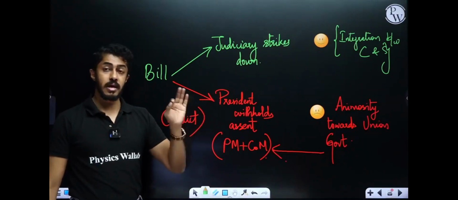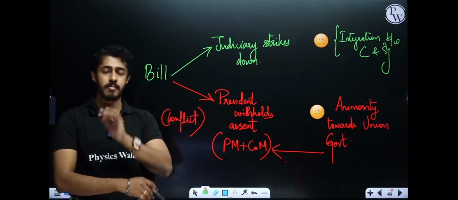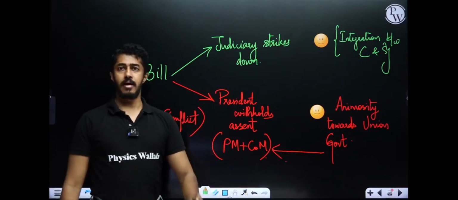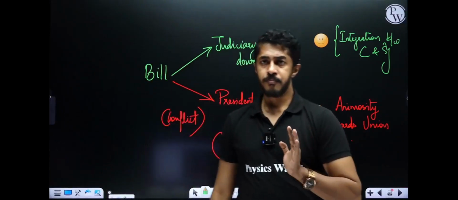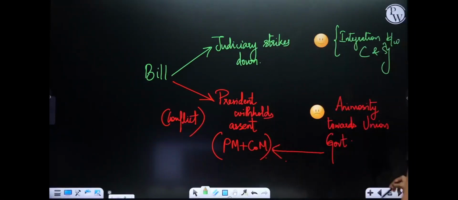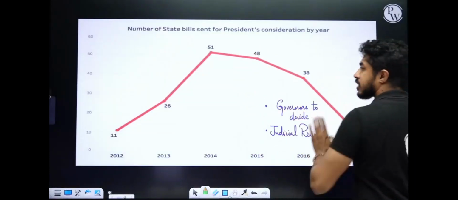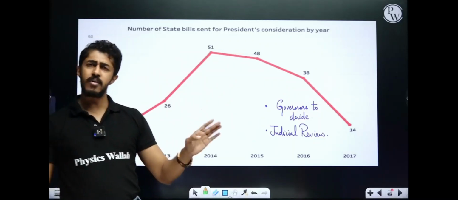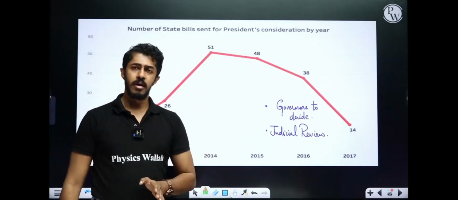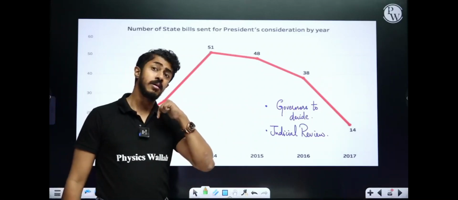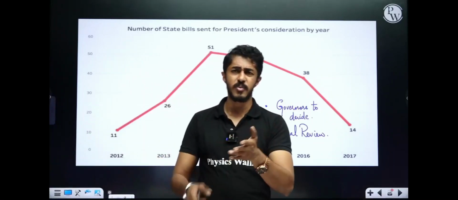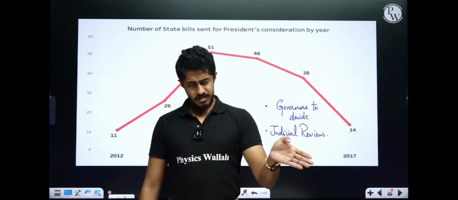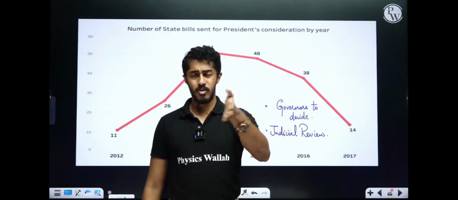Same bill it is, same nonsense it is. When judiciary says, everybody will be like, oh. When president does it, they'll be, aha, how dare you do it? Getting the point here. That is the only reason why this is drastically on the decline. And we hardly hear it because they will see. Governor also knows it well. Governor will contact the central government directly and will say that, see, these provisions are very controversial. Central government will also tell what? Give your assent. Supreme Court will call it null.